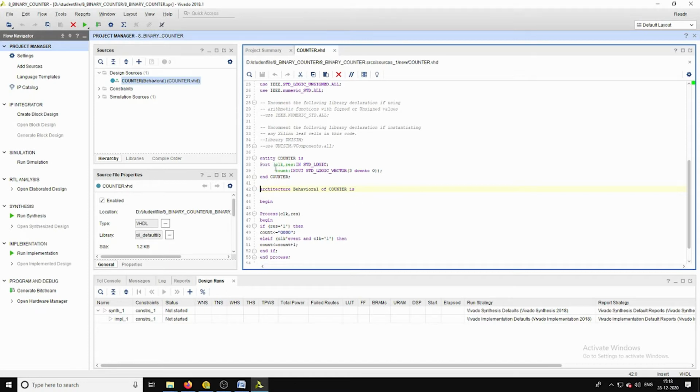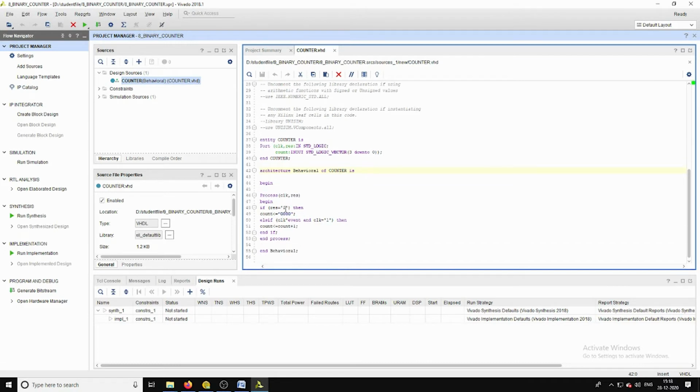The primary inputs I have considered are the clock and the reset. Whenever reset equal to 1, the count should assign all zeros. Otherwise, with respect to the positive edge of the clock, the count sequence should increase in the